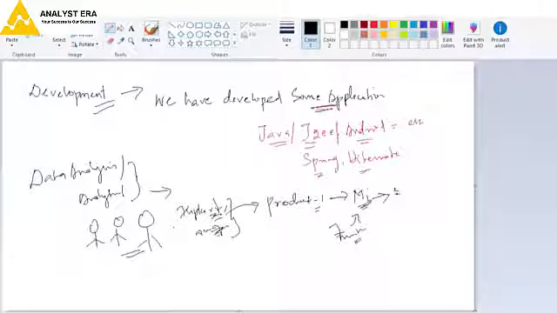This is brand analysis. There are a lot of companies now, the e-commerce sites, and they have to analyze a particular brand. That analysis is called data analysis or data analytics. That is the use of Python.